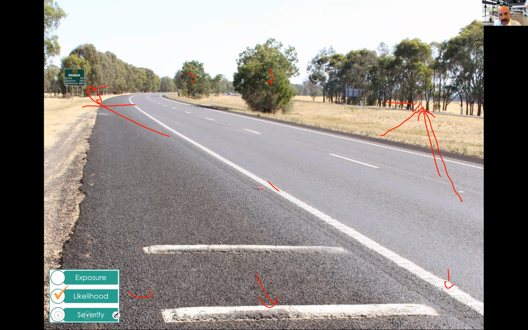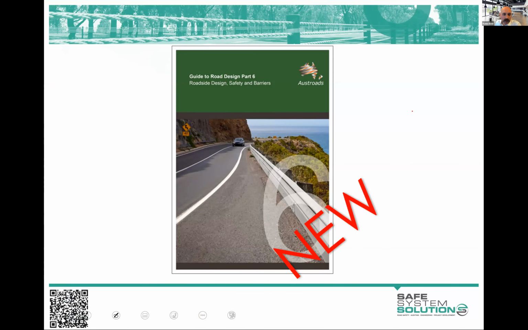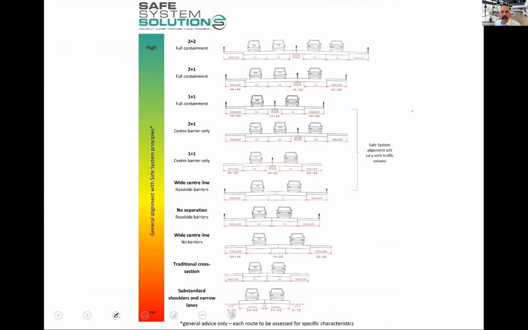But in the road space, we just go, oh yeah, well, it's road users. And so we're challenging that. We're pushing back on it. Part 6 helps. It's doing some interesting stuff. I won't go into detail, but I'll give you the general high-level idea that we're really going to try and create full containment with barrier systems. The bumper bowling of roads, as some people like to term it.